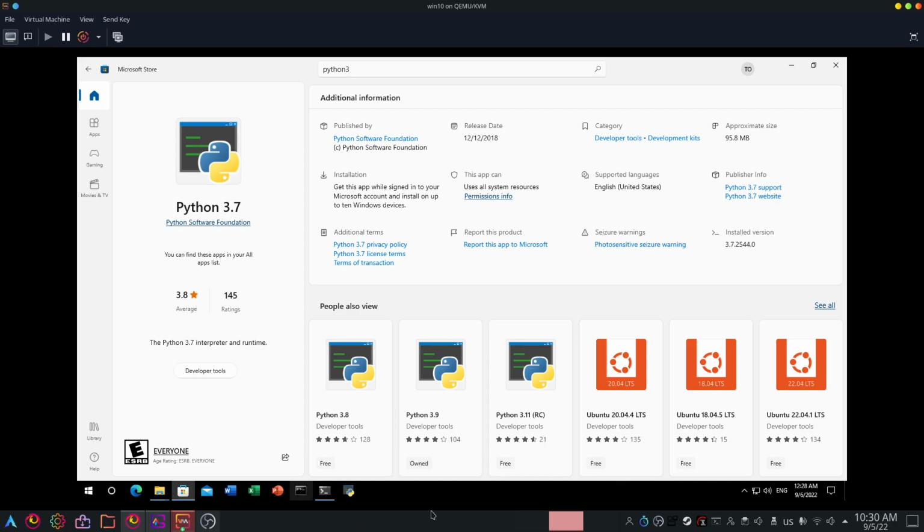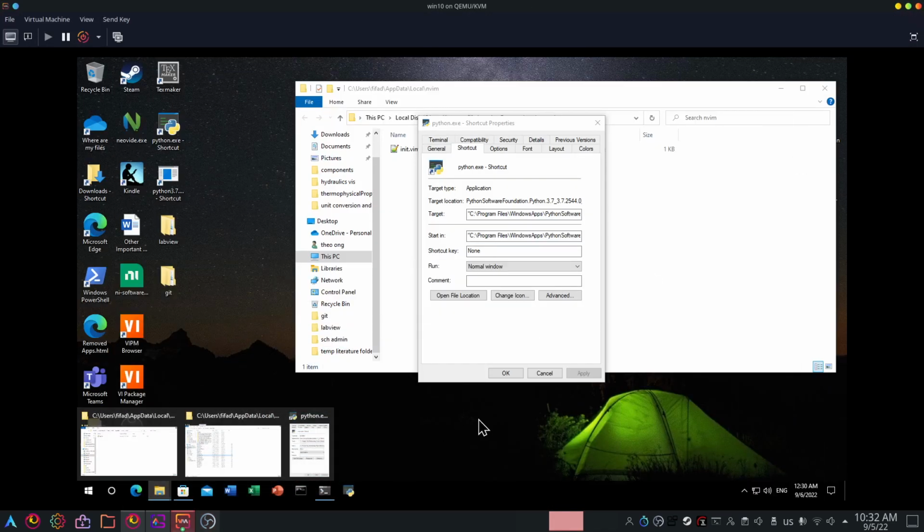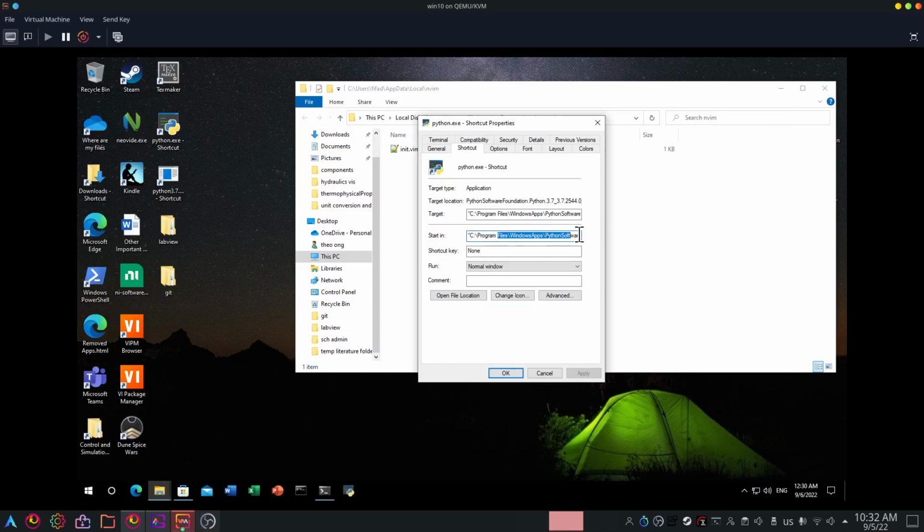Okay, let me remember how to do this. I kind of forgot halfway through. Actually, I totally can't remember, but at least I have the file path here. I can't remember how I actually got this file path, but I kind of used the Windows Store, and then